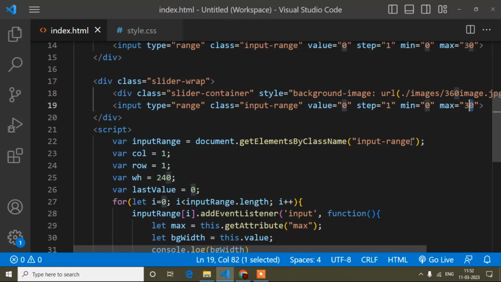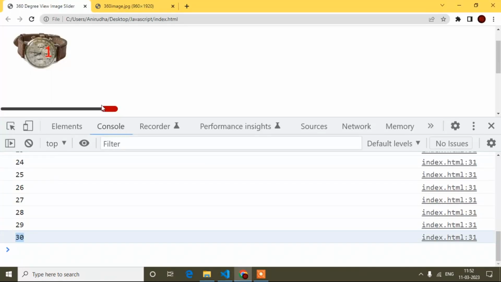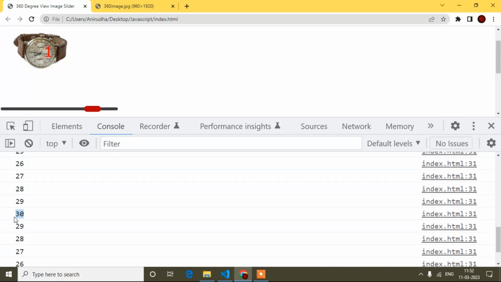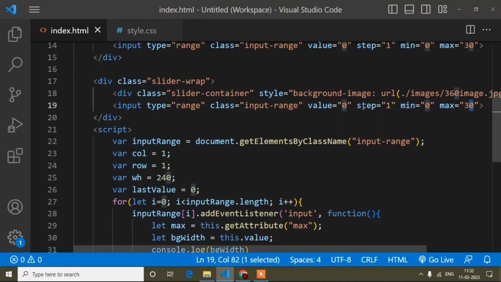Now it is 30. Same way, if I decrease, I get 0, because the minimum value is 0 and the max is 30.